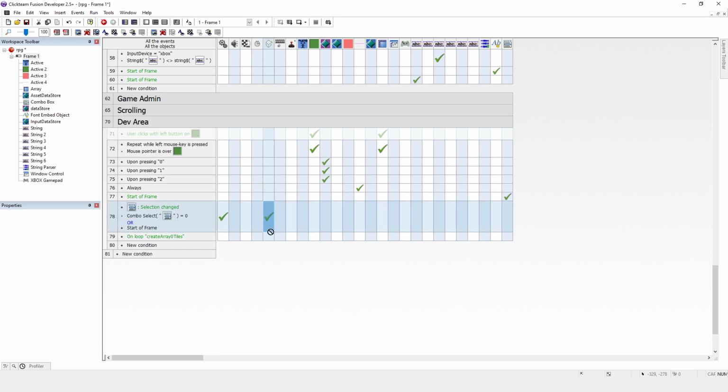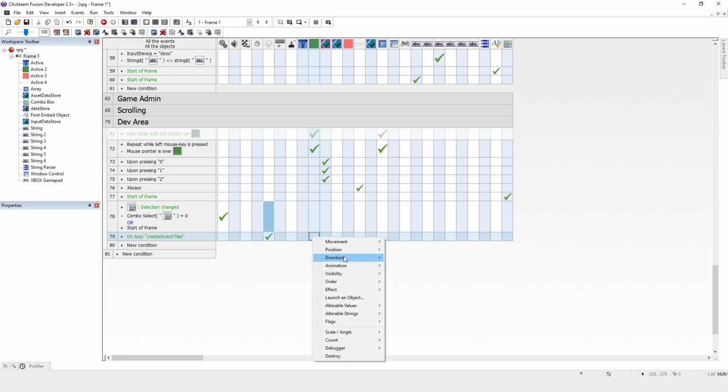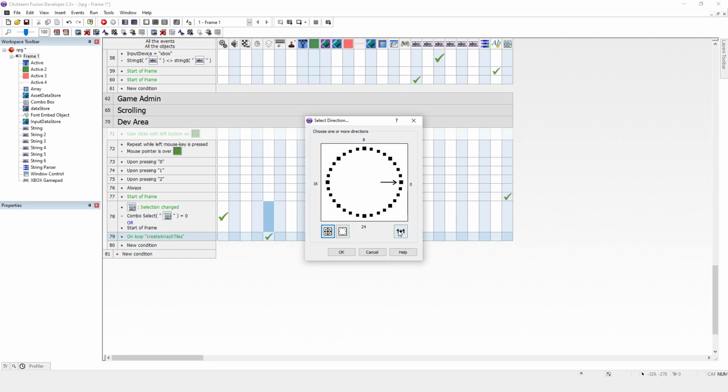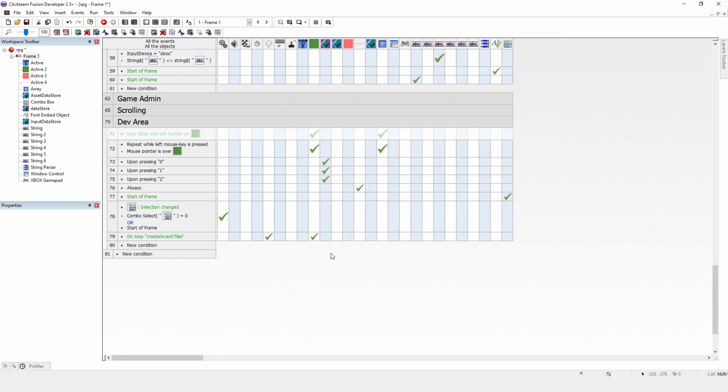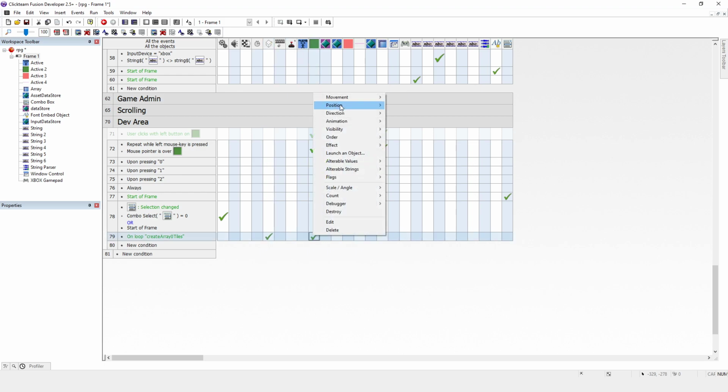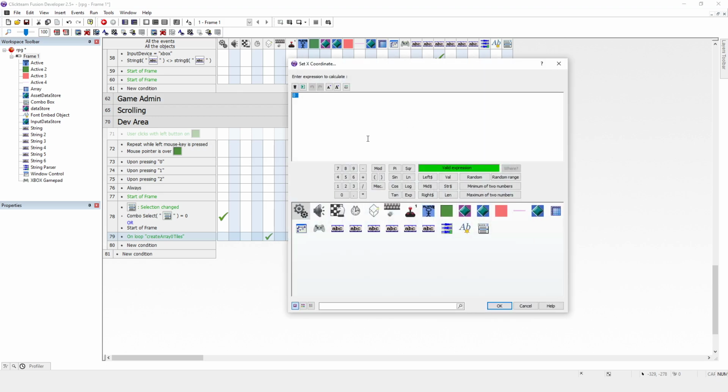Okay, and on the loop, we create one of those, and what we're going to do is face it in the direction we just get calculated. This first one's 0, then 1, then 2, so we can just use the fast loop index. And we need to shift the position. So what I'm going to do is actually just go shift it here. So the position, so select X coordinate,